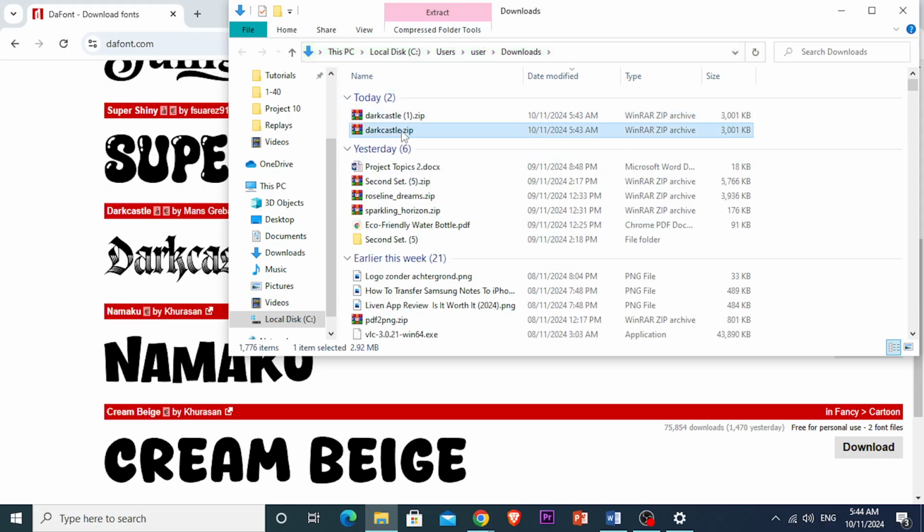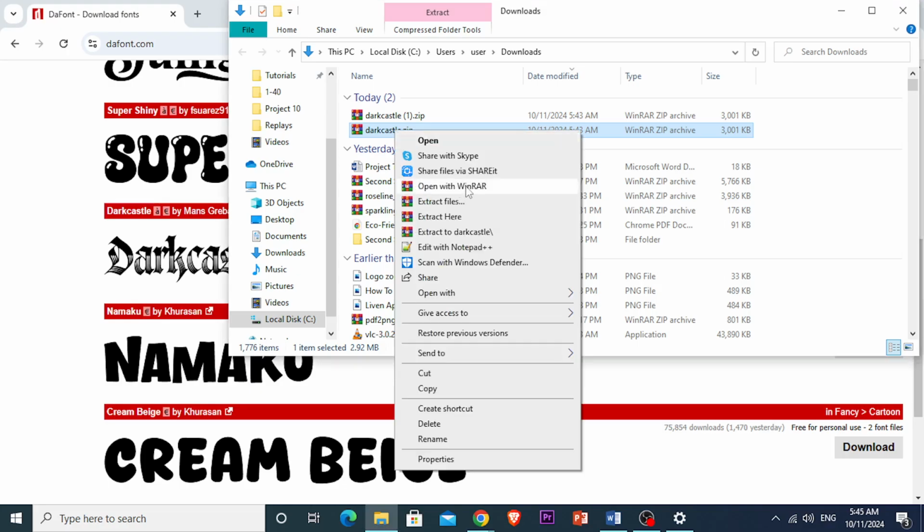You just want to click on this, and then you want to right click on this, and then you're gonna see a bunch of different pop-up options coming up, and I'm gonna show you exactly what to choose. Once this actually loads up, I'm gonna show you. Okay, we're just gonna wait for this to load up and show the options first. Alright guys, here we go. So with the options, you can extract files and extract it here,